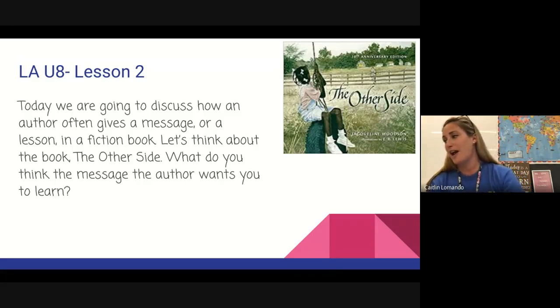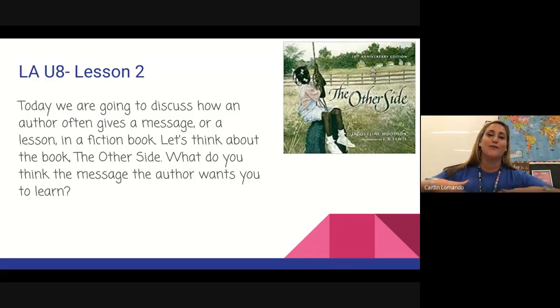I also think about how the color of someone's skin shouldn't affect what you think about them. Another thought I have when I read this book is that change can happen little by little over time. So in our book, The Other Side, it's the 1950s, and there's a fence segregating the town. But despite this, the two girls become friendly, even when people in the town around them don't accept integration. So they're doing their part. Little by little, change can happen.